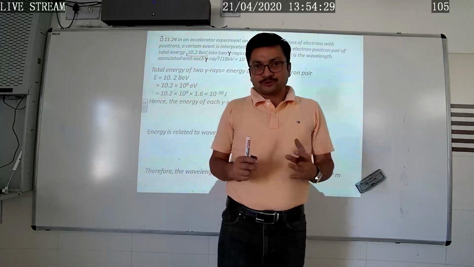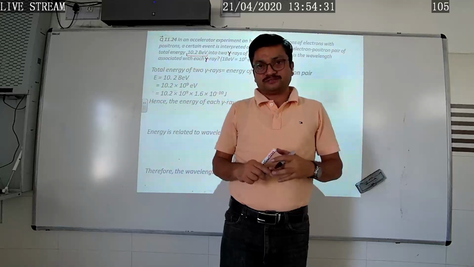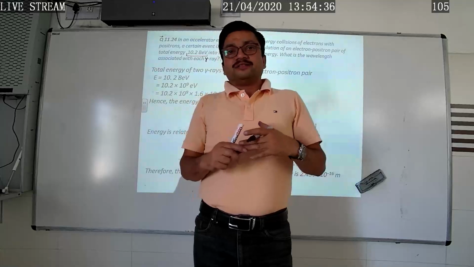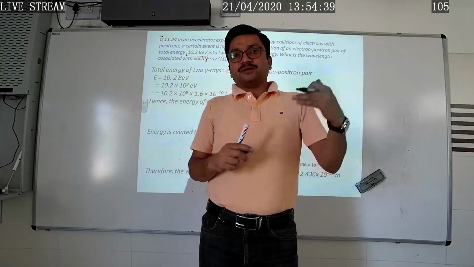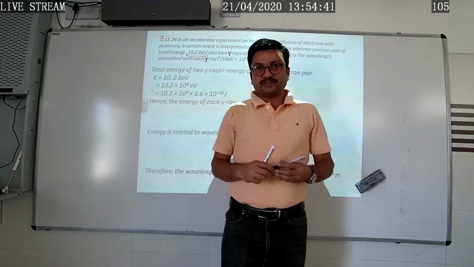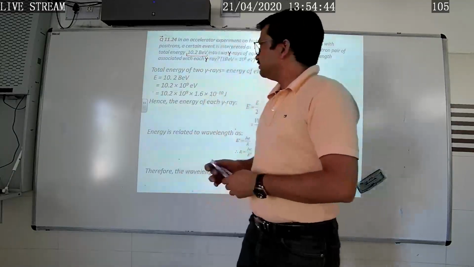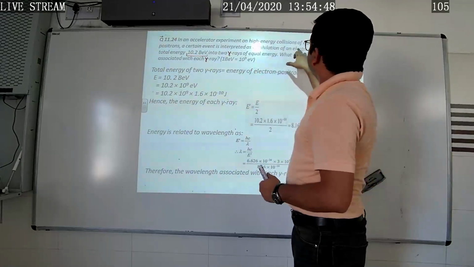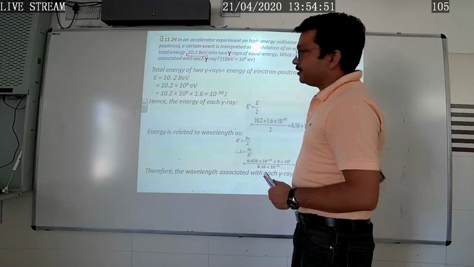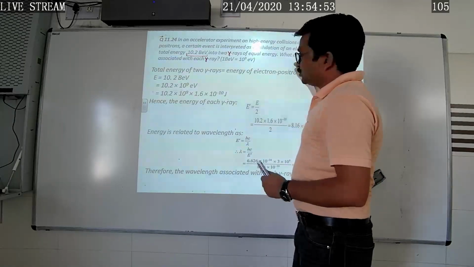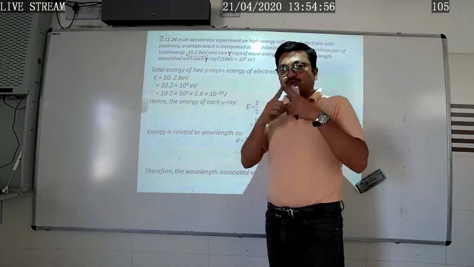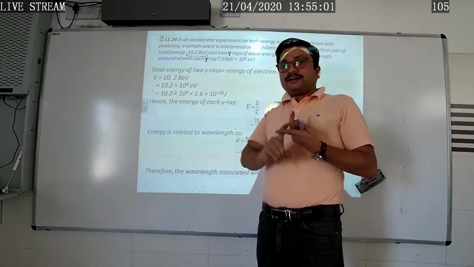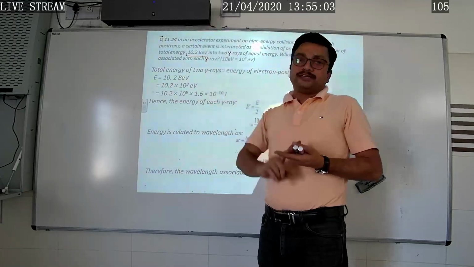Whenever an electron and a positron destroy each other, their mass appears in the form of radiation, and that radiation is called gamma radiation. Here a similar phenomenon takes place: annihilation of an electron-positron pair is given. When one electron and one positron collide and destroy each other, the process is called annihilation of matter, and under that condition one gamma ray is emitted.